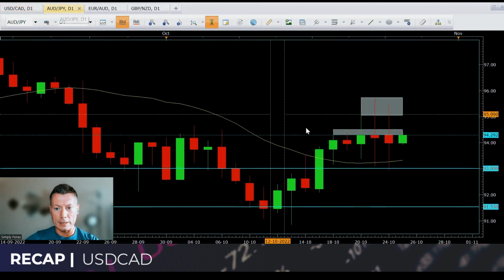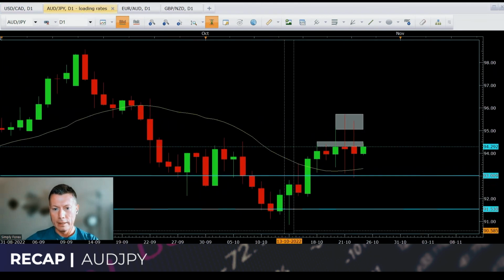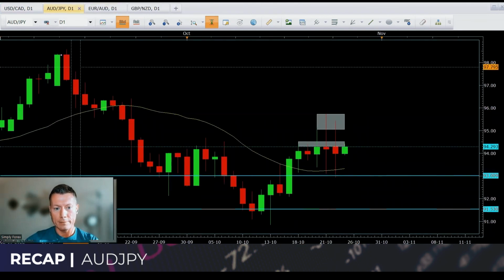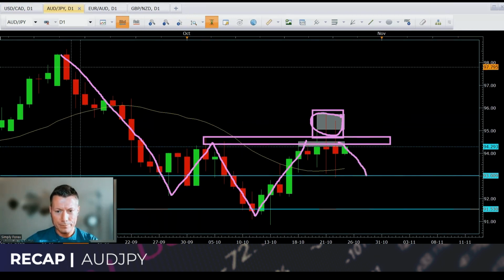The next trade was this. This was the Aussie dollar against the Japanese yen. All right. And we were looking to short this pair. So price was clearly in a downtrend, lower lows, lower highs, lower lows, and then it came back up and retested these highs. Okay. And then we've had these, well, 3 days of these rejection wicks that have been rejecting this level, which potentially still tells me we can come lower. Okay. Potentially down to here.